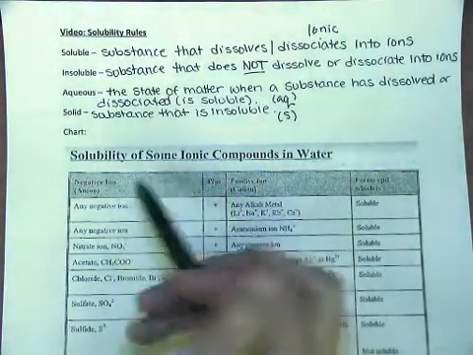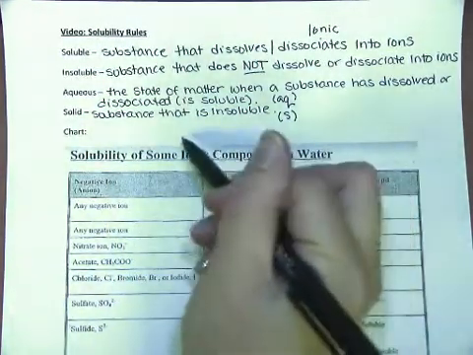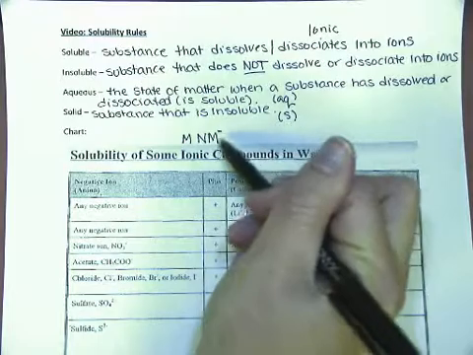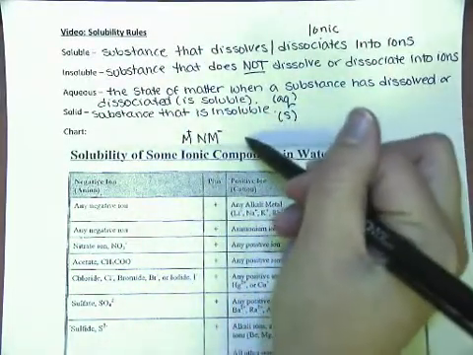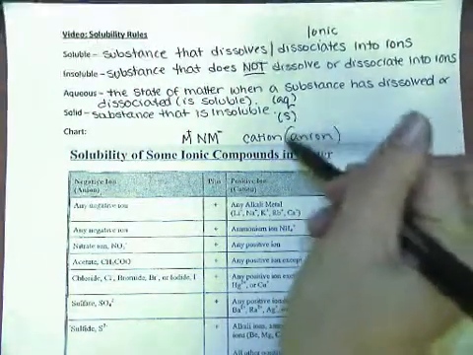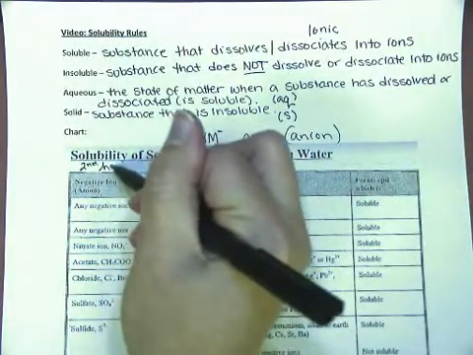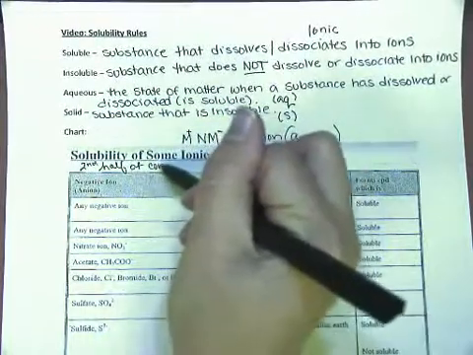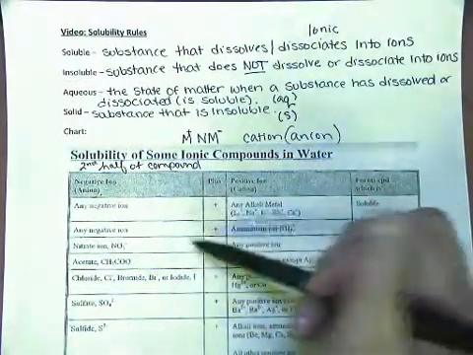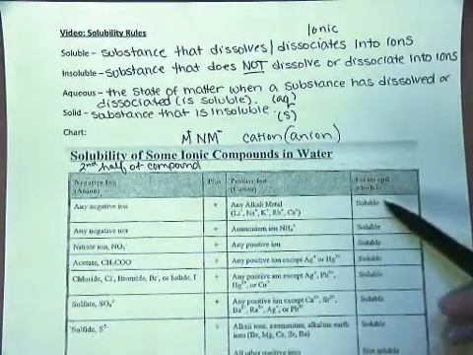Now to read that, we have to focus on our anions. Remember, the anion is the second half. So in an ionic compound, we have a metal with a nonmetal, and the nonmetal's part is a negative charge, and the metal has a positive charge. We have a cation and an anion. The second half is the anion. That's the part that we're looking at. So the second half of our compound, we find that on our chart. And then we look at the first half of the compound, the cation, and that tells us if it's soluble